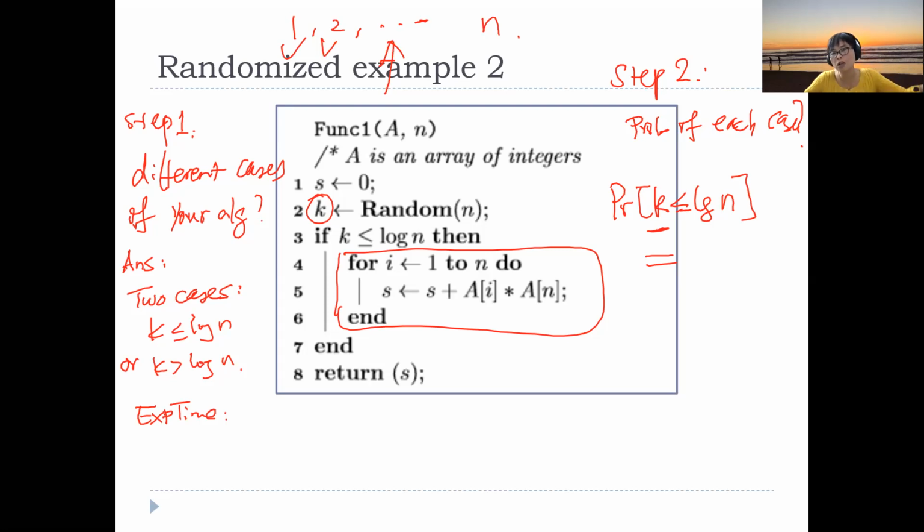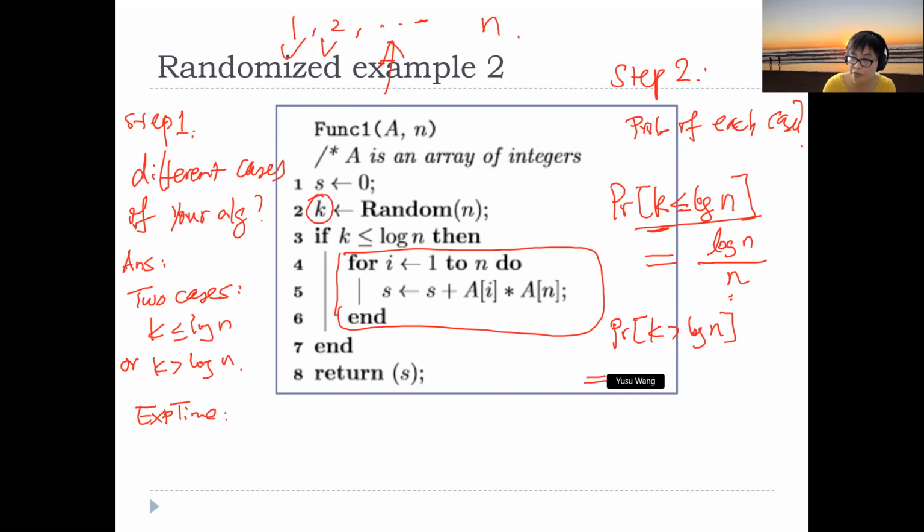Okay, there are altogether n choices. Log n out of them will be good for this condition to hold. Okay, so the probability is simply log n over n, because I have n choices. For log n of those choices, this holds. This is true. Okay, so that's a probability. And what's the probability otherwise? Well, that's the same as 1 minus the previous probability, which is